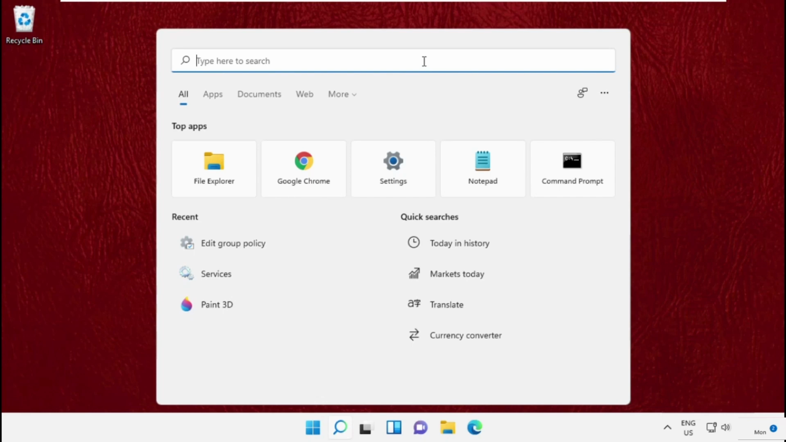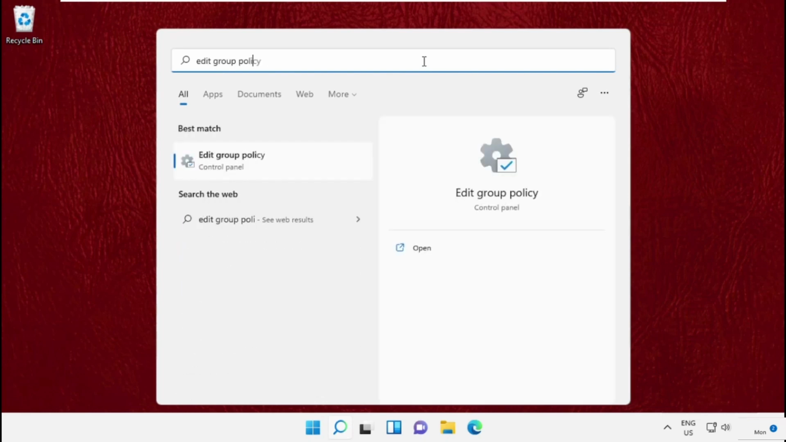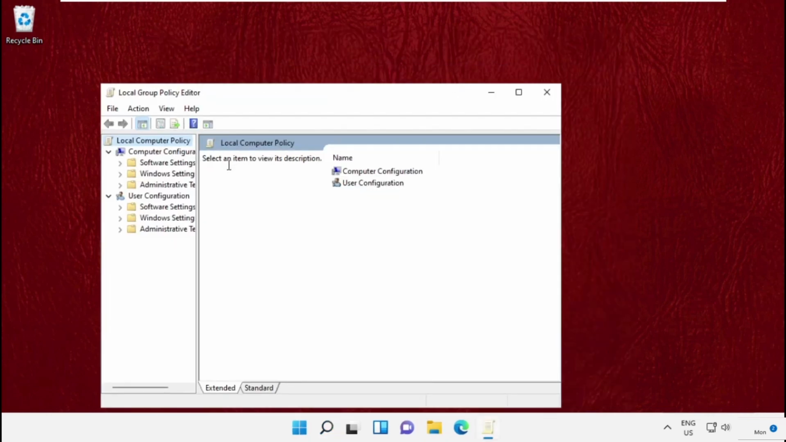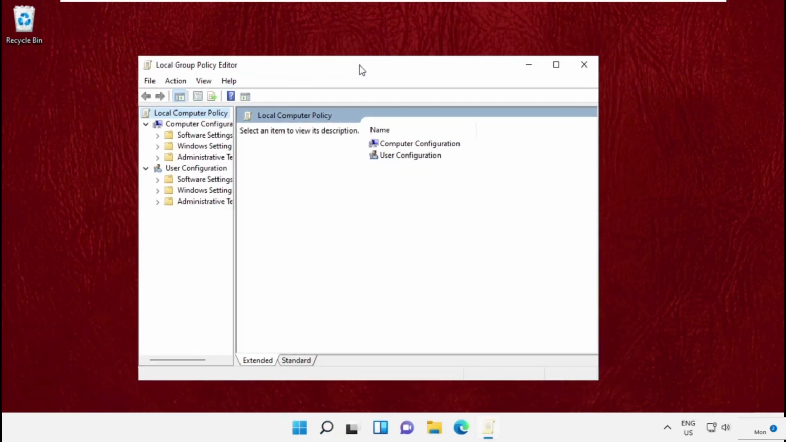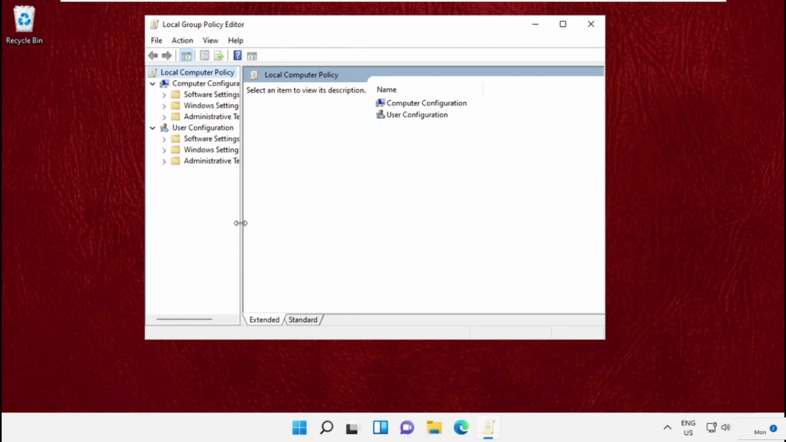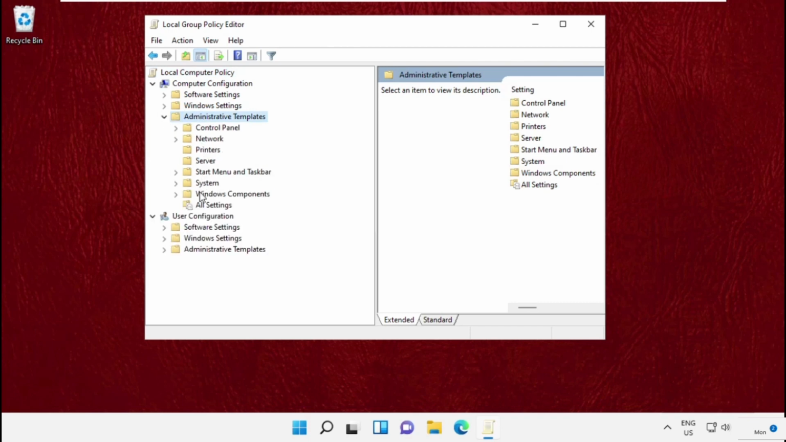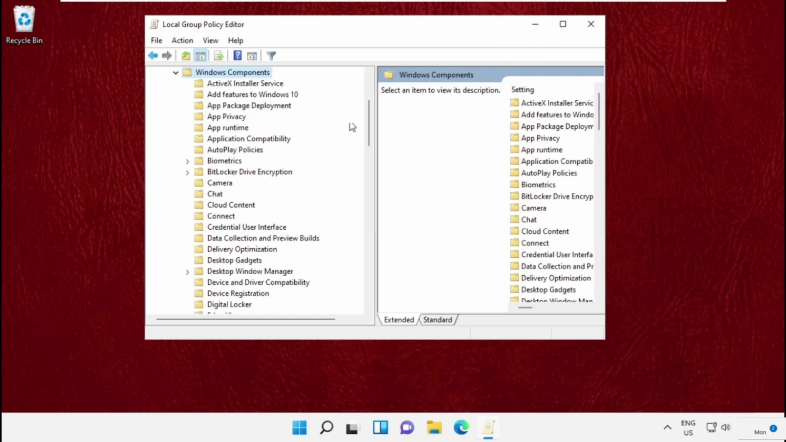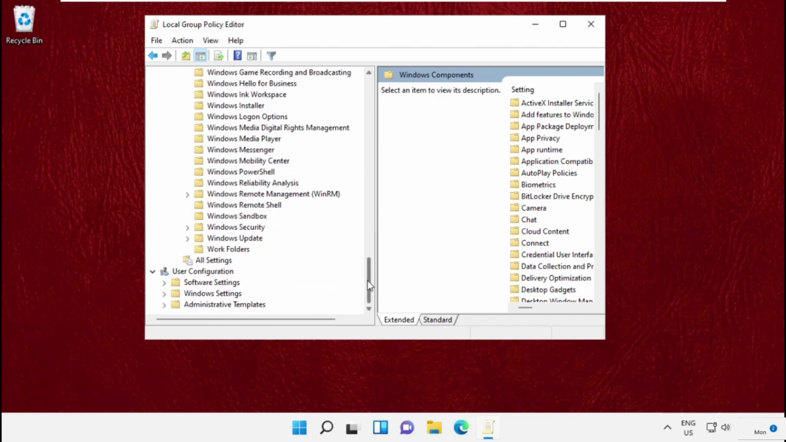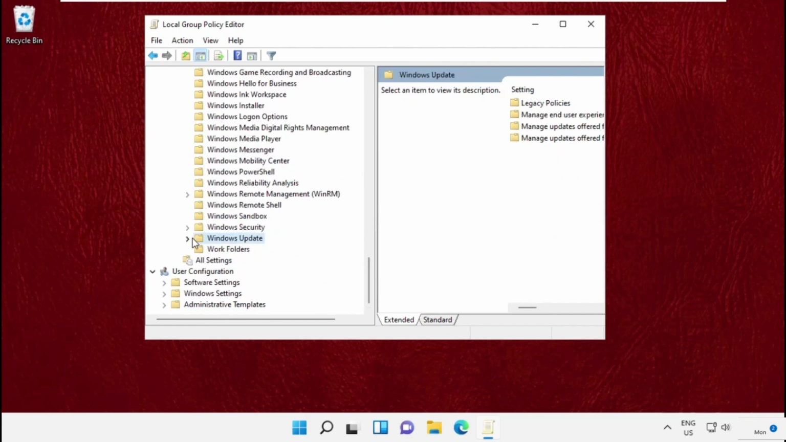Now go to search bar and type edit group policy, and from the search results click here to open it. It will open local group policy editor window. Then just expand this, and from computer configuration expand administrative templates, then expand Windows components, then scroll down and expand Windows update,